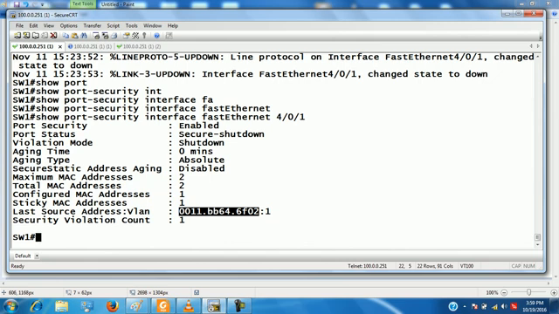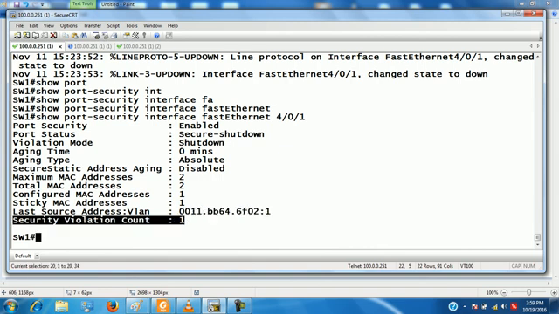Clear? And this port was a member of which VLAN? 1. You can see here security violation count 1. How many times has a violation occurred? 1 time. कितनी बार violation हुई है? कितनी बार hit किया unauthorized user ने? एक बार. How many times did the unauthorized user hit the port? 1 time. Clear?